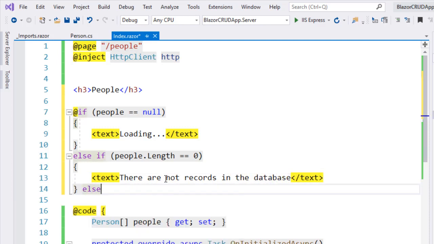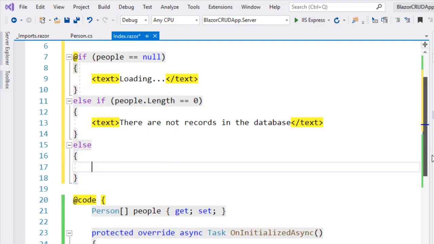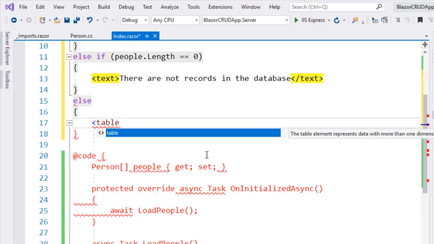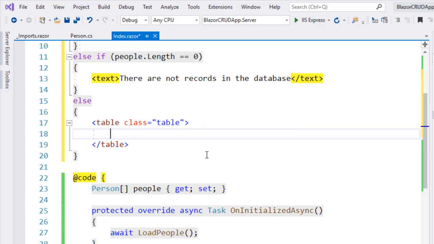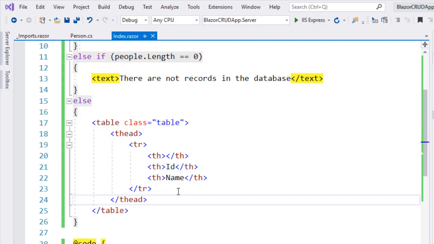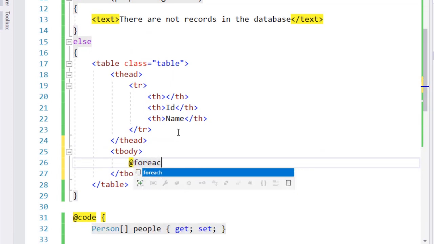Finally, we can say else, and this block of code is going to run if there are actually people in the database. For that we're going to make an HTML table. We will say class table, which comes from Bootstrap. We're going to say the head, and we will write this. We will have 3 columns, a column for buttons, a column for ID, and a column for the name of the person. And now we will say tbody, and here we will do a foreach, because we will iterate